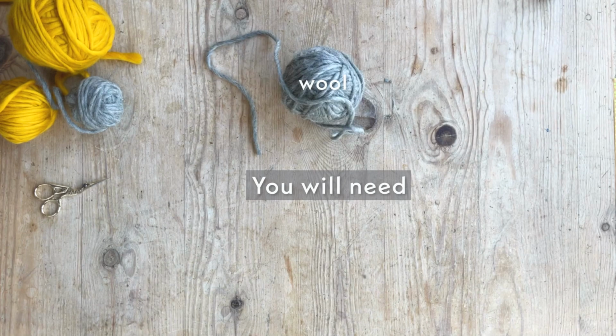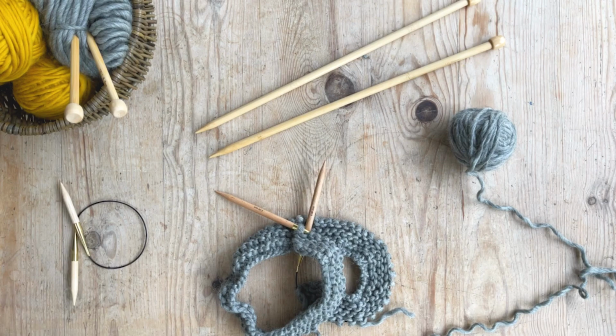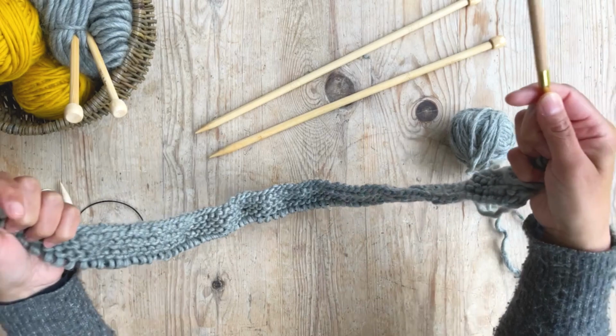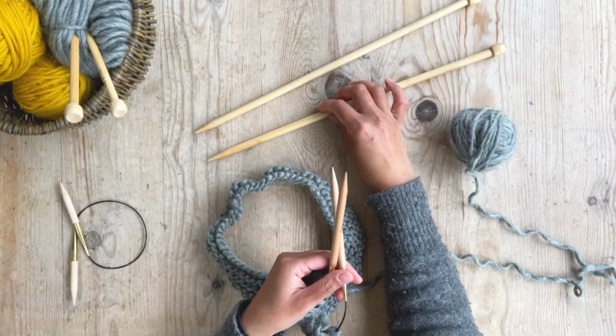You will need wool and a pair of circular knitting needles. Circular knitting needles are great for knitting in the round and making tubey shapes, but they can also be a convenient way to knit flat. One of the main advantages is that if you're knitting a blanket or a large piece of work, the cable between the needles can take the weight of this piece, unlike using straight needles, which get very heavy on your